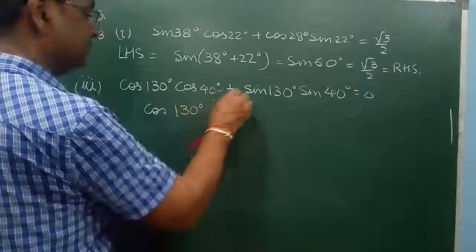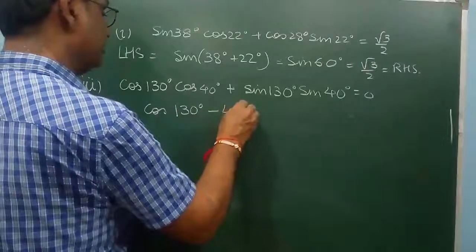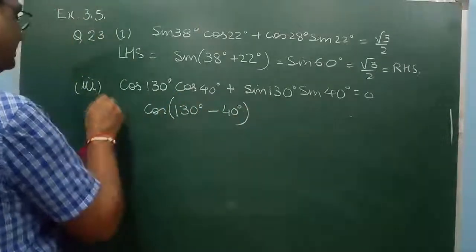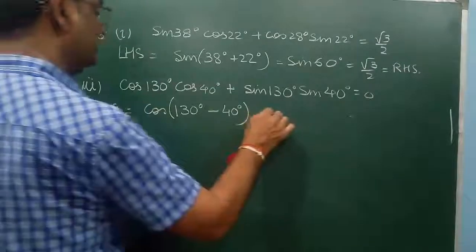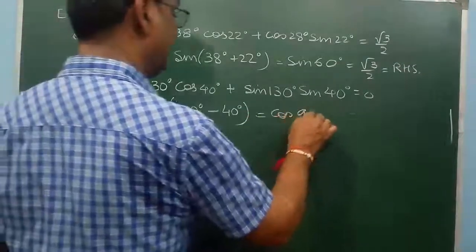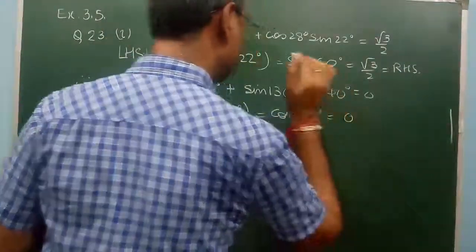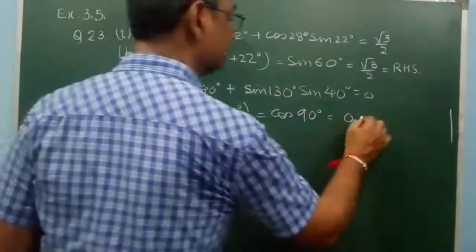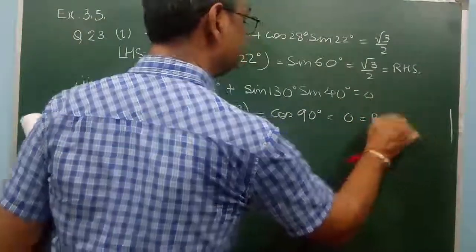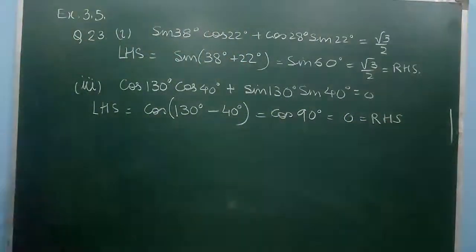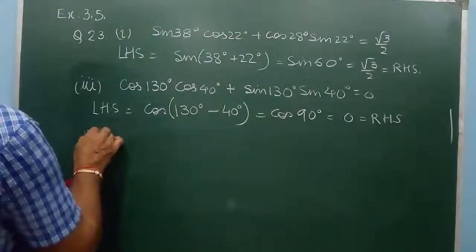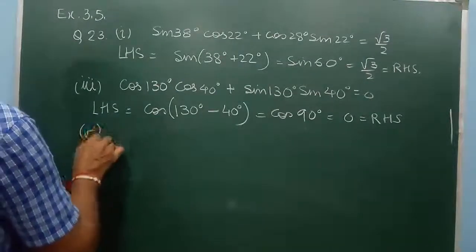So because it is plus here, this one will be like this, and this is cos 90 degree, and this is equal to 0, equal to RHS. Now the fifth part,